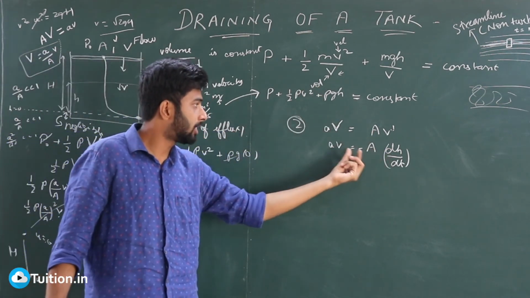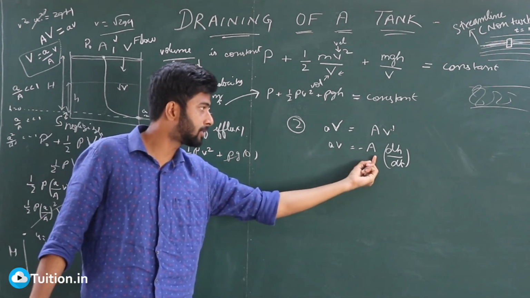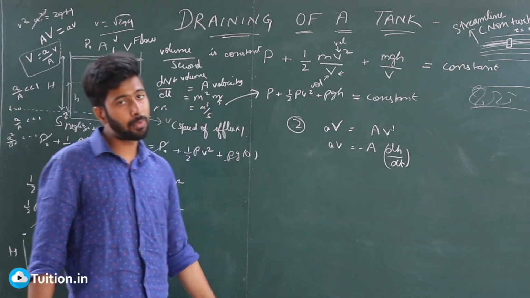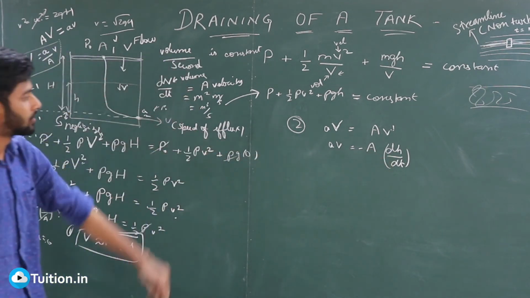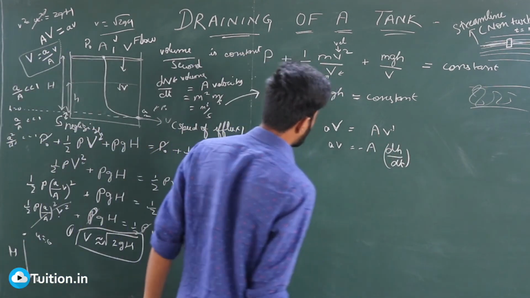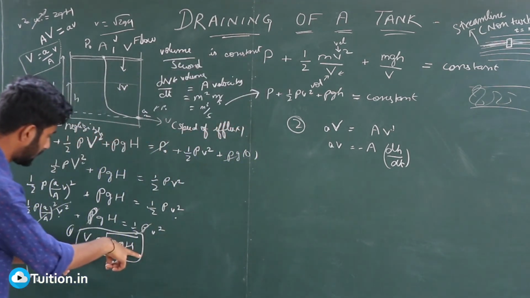So just to make sure that this whole quantity is positive, because this a into v is positive, this capital A is positive, I have to put that negative sign, because actually your height is decreasing with time. So av is equal to minus a into dh by dt. Now here is where we will start our thing. This particular result that you see,